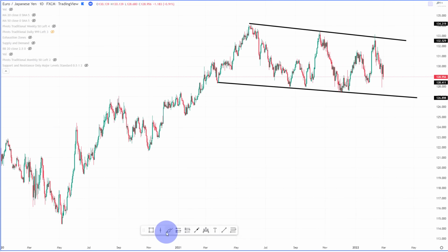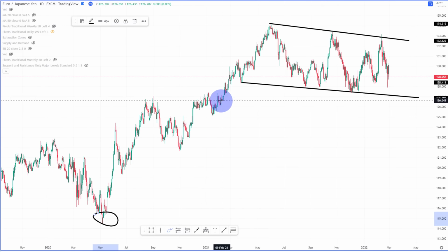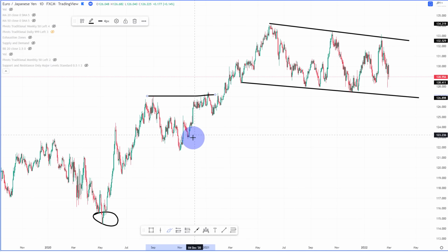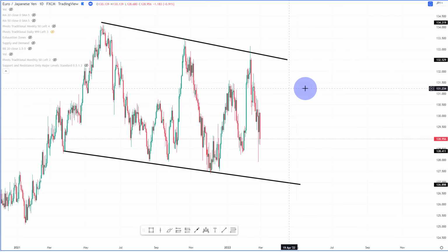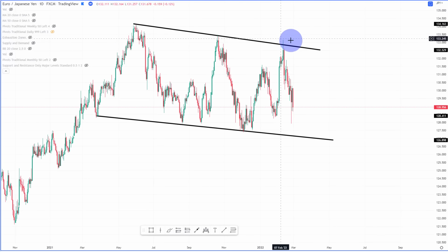And what we have is, when we zoom out, clearly the market is in an uptrend. Here it seems like we bottomed out and the market has been rallying higher, consolidation, breakout, consolidation. And now the market has been in this channel, right? We have two trend lines. They are both very nice. We have 3 touch points on the top, which is a confirmed trend line, and we have 3 touch points